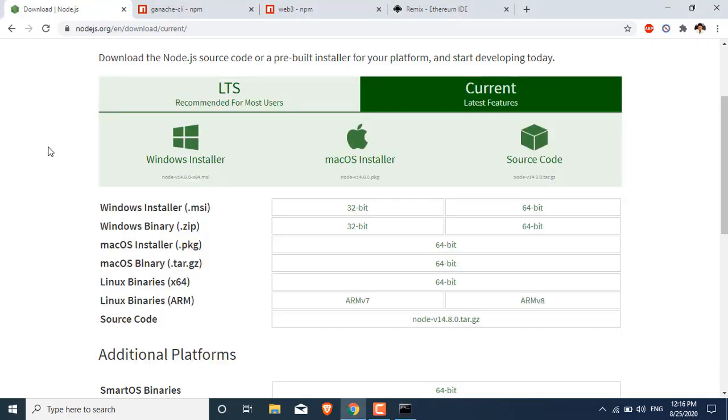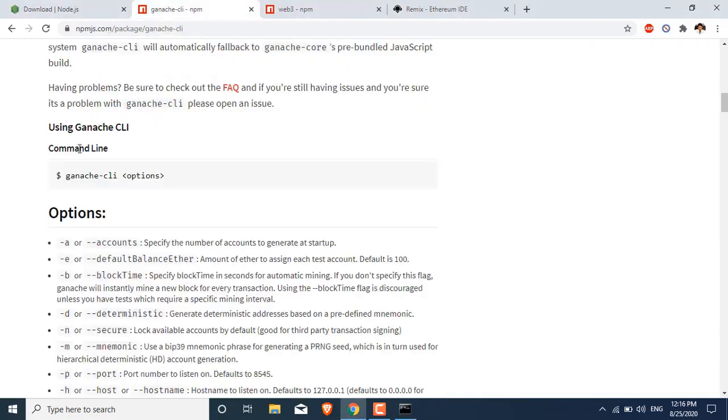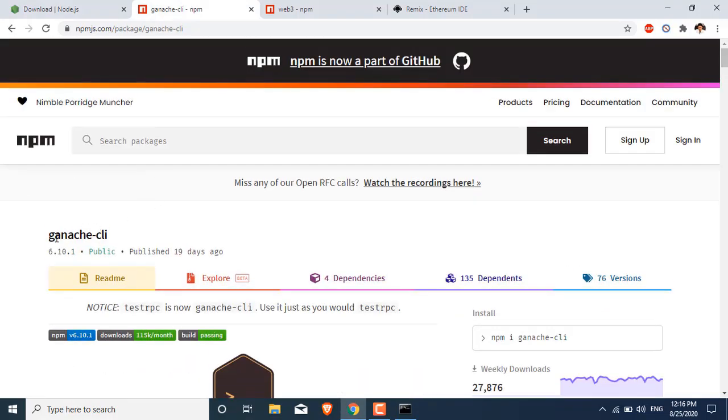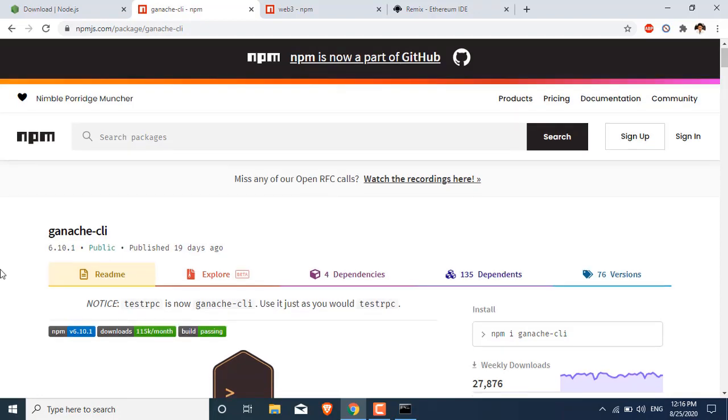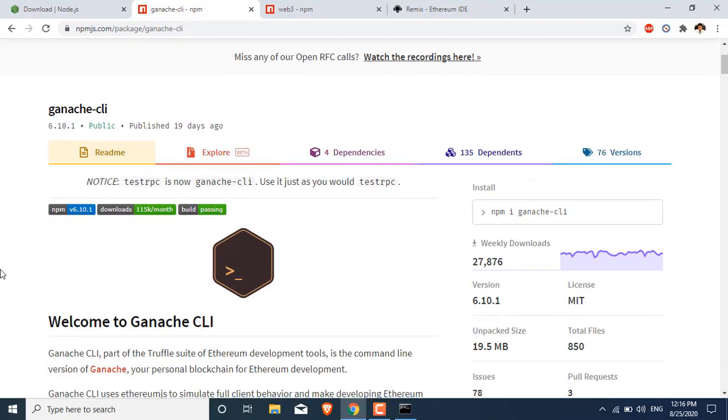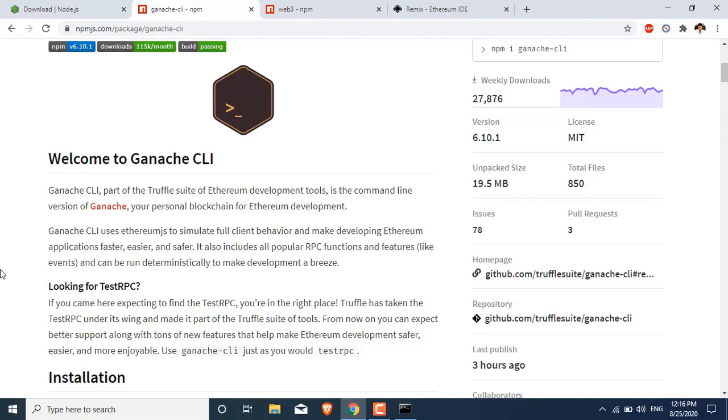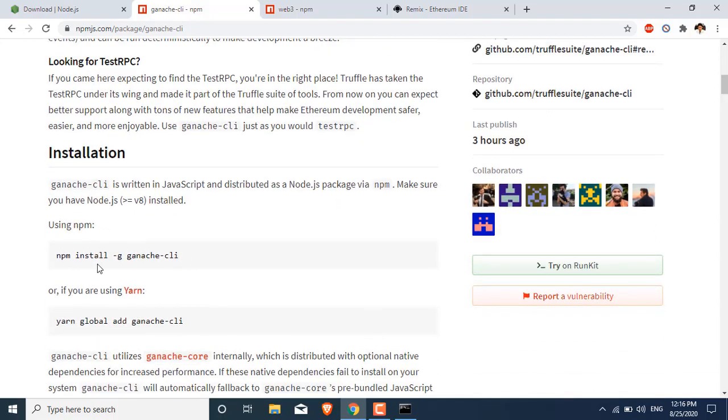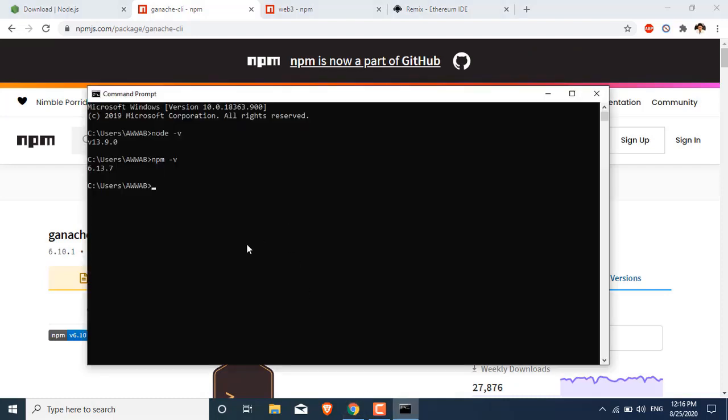Once it is installed, we will need Ganache CLI. It will actually create a test Ethereum interface, basically, in which we have some test accounts and fake currency, etc. So we are going to install it using npm, and you can install it anywhere in the command prompt because we are installing it globally.